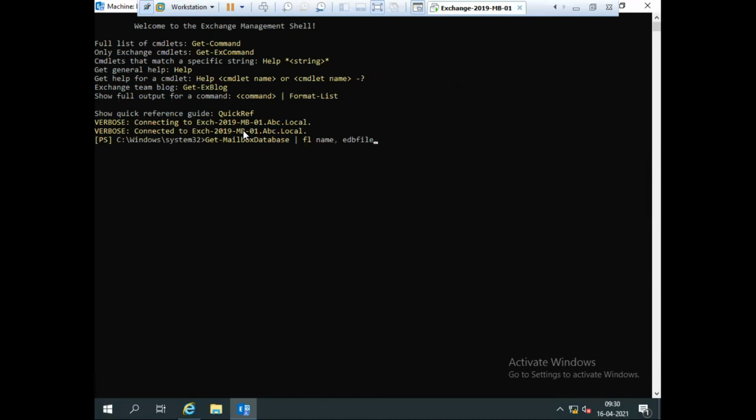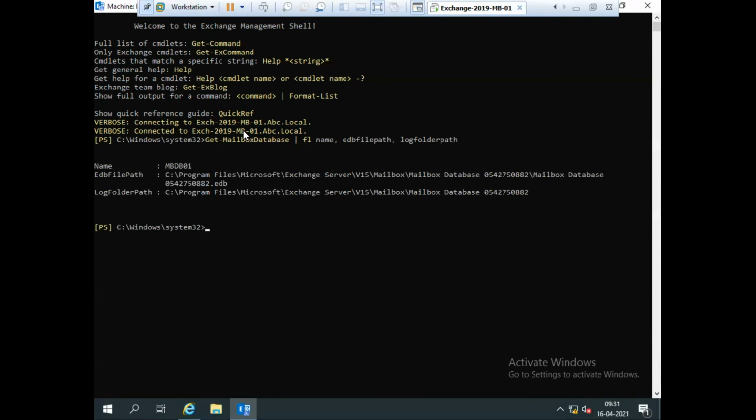I need to see the path where my EDB file exists, and I need to check my log folder path also. So this is the full command to check your database name and where your database file and log files exist. So enter it.